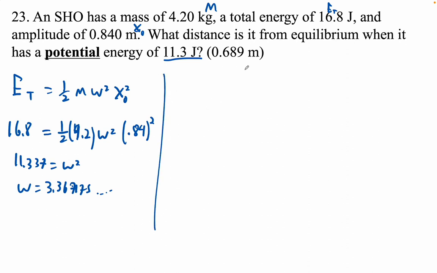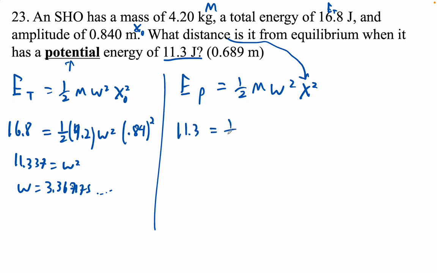So now we want to know what distance it is from equilibrium when it has a potential energy of this. So luckily we have a formula for potential energy directly, right? 1/2 m omega squared x squared. So what distance is it? That's that, right? So it's only got 11.3. So 11.3 is equal to 1/2